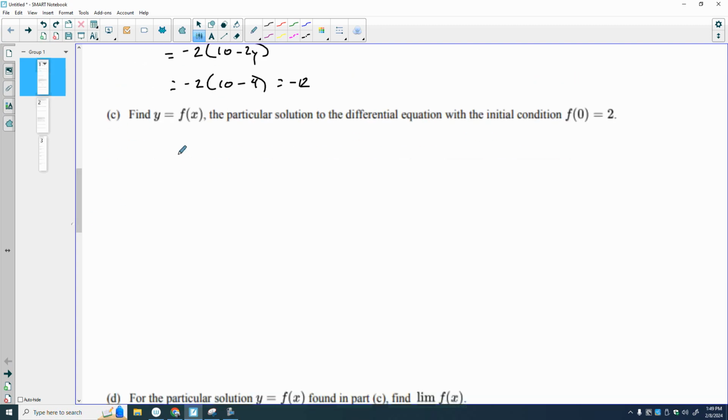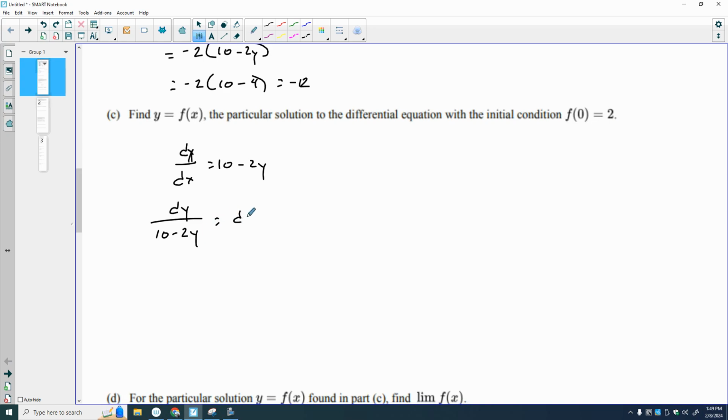Letter C, particular solution. So I know dy/dx equals 10 minus 2y, and I want to solve for y. In order to integrate, I have to separate my variables. Put all the y's with the dy's. Technically this is all one term. I can't just add 2y over here, or I have dy plus something, and that doesn't work. It has to be dy divided by something or dy times something. Same with the dx. So the whole entire 10 minus 2y has to come over to this side,